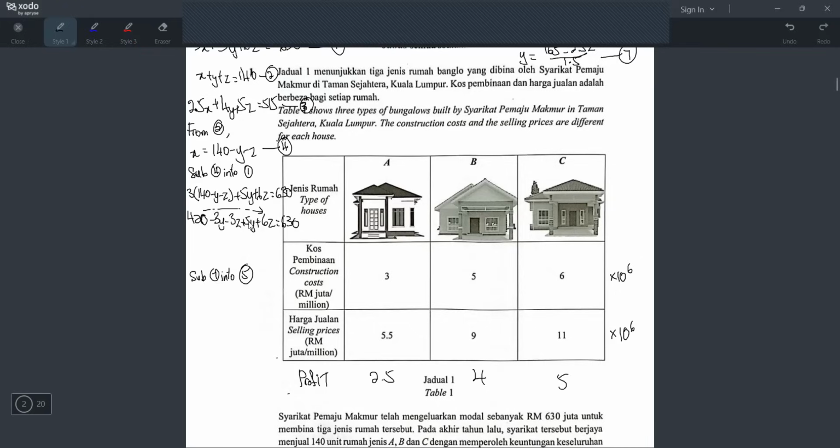And then y dengan y boleh buat. So negative 3y plus 5y is just 2y. Negative 3 plus 6, which is plus 3z. And then 630 minus 420, which is 210. Now this one is equation 5,